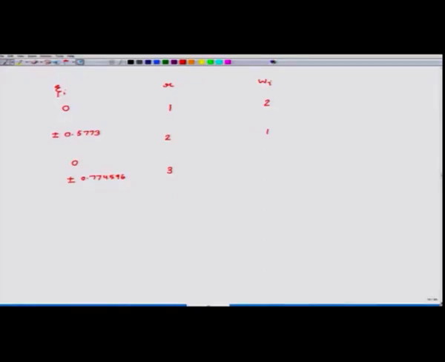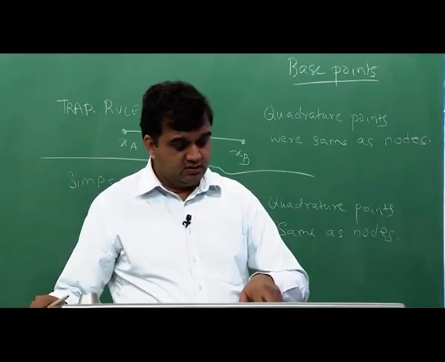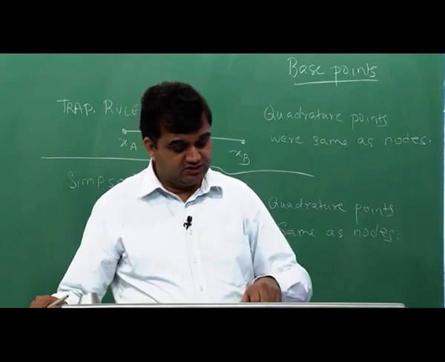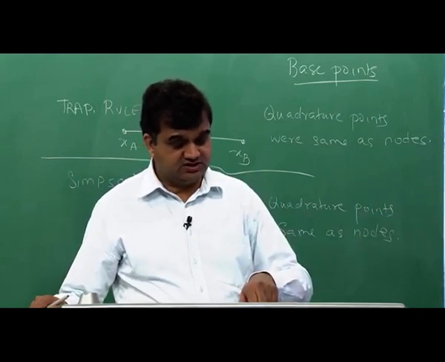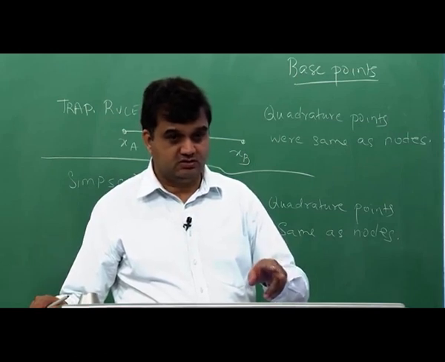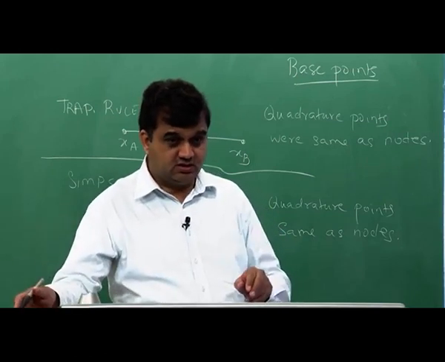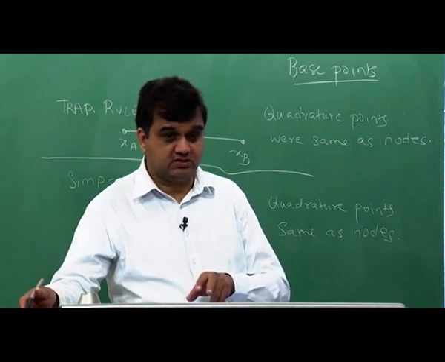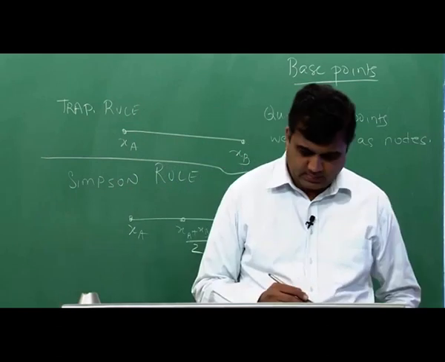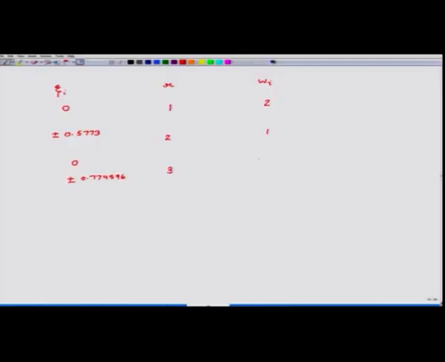It's not that between the 2 nodes all the Gauss quadrature points are equally spaced, right? Because here the first node is at minus 1 and the first Gauss quadrature point is at minus 0.77, so there is a difference of 0.23, and then the next Gauss quadrature point is at 0, so the difference is 0.77. So things are not equally spaced, and the weights are 0.8888, and for these two guys it is 0.55555, and so on and so forth.